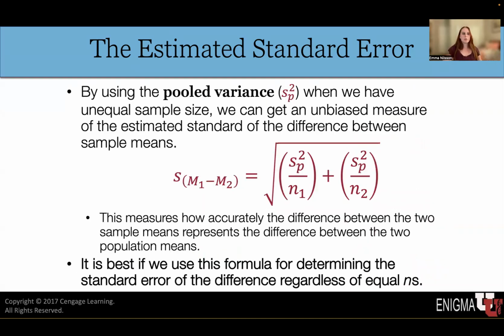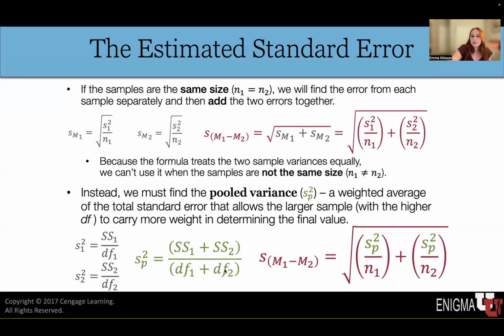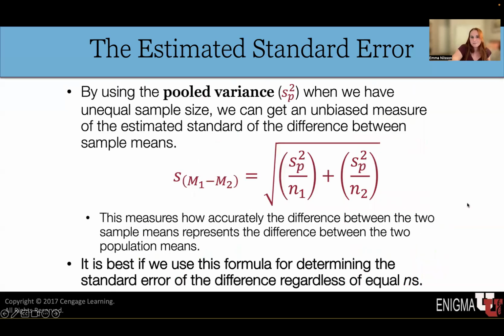And what we're doing by using the pooled variance is, when we have an unequal sample size, we can get an unbiased measure of the estimated standard error of the difference between the sample means. As a general rule, whenever you see degrees of freedom, we're trying to make an unbiased statistic. However, I will note before we go into this example that it's best if we just use this formula